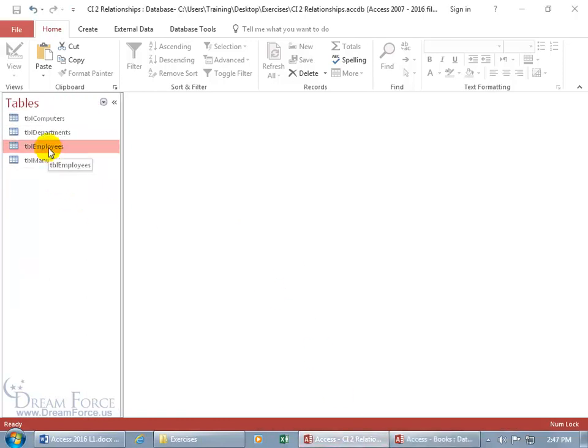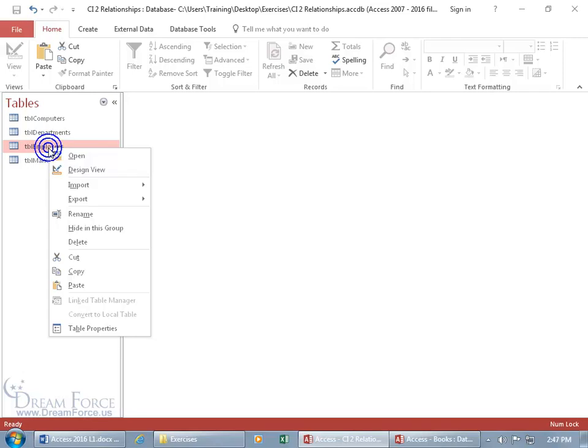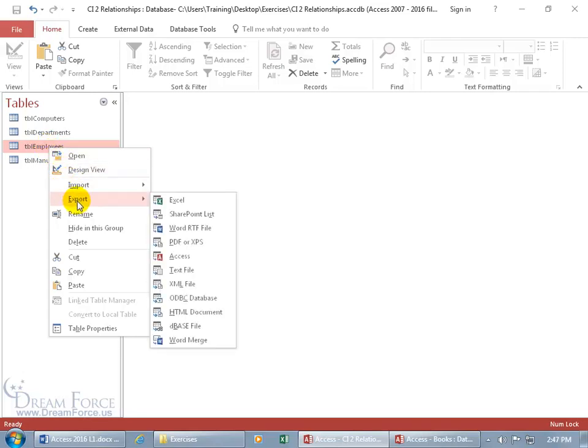database, and instead of opening up another database to get a copy of the table over into it, let's just go ahead and right-click on it, and how about if we export it? Sound a little bit more efficient? Well, it does to me at this point because I wouldn't have had to open up the other database first to be able to paste it in there if I can just leave this one open, the original, and export